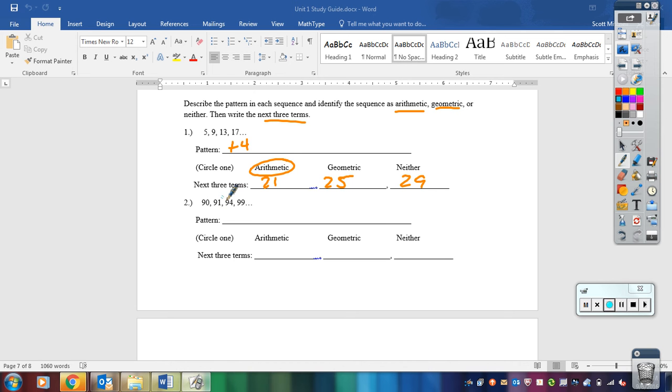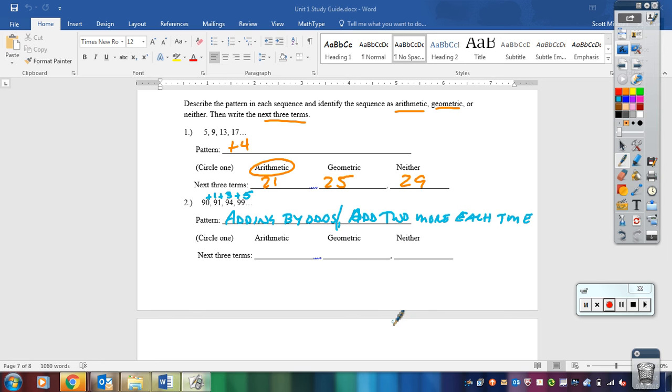Question 2. Looks like it's getting bigger and not too quickly, so it might be adding. Let's see, this is plus 1. That looks like it's plus 3. That looks like it's plus 5. So 1, then 3, then 5. I guess the next one would be add 7, then add 9, then add. So you're adding by odds,